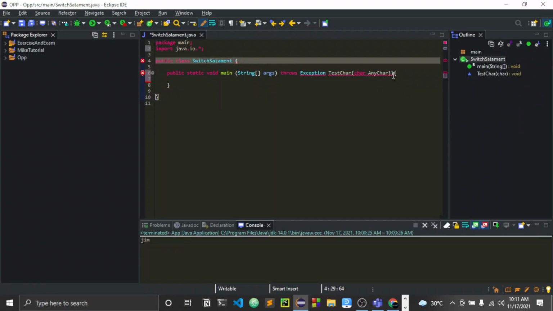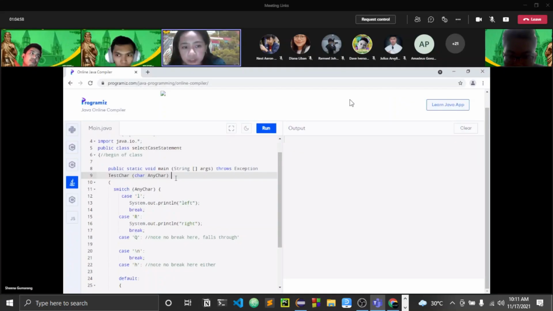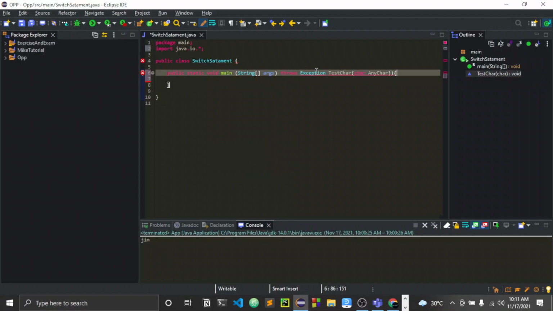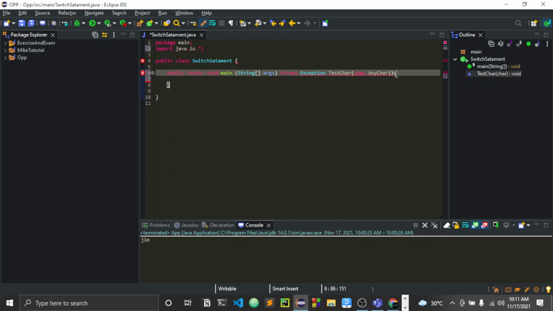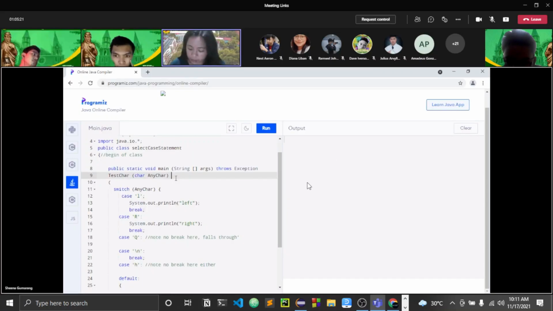Baka kulang kasi tayo doon sa expressions of declaring the any character or switch any character. Saan mali dito? What exception? Okay, so and check